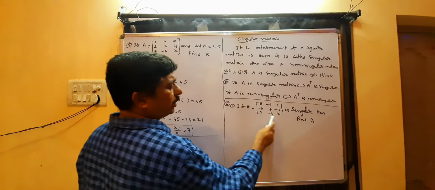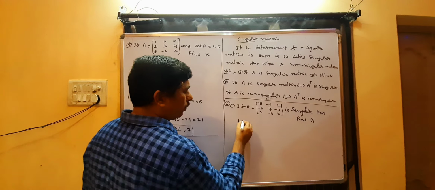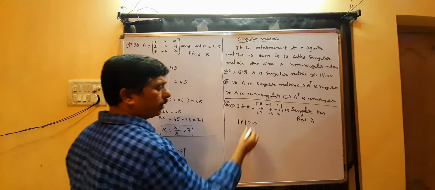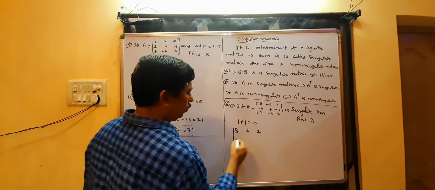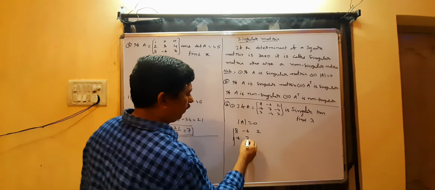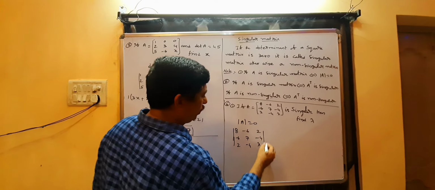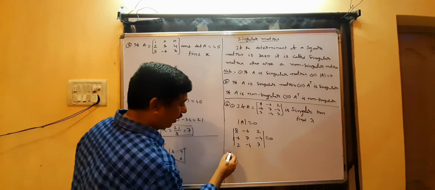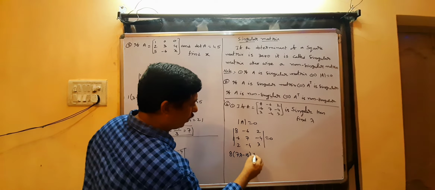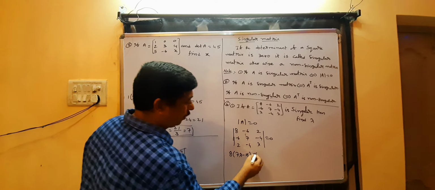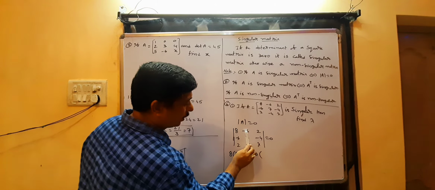if A is a singular matrix is given, singular means obviously det A equal to 0. Det A means the det of the matrix 8, minus 6, 2, minus 6, 7, minus 4, 2, minus 4, lambda equal to 0. Determinant you have to find: 8 into 7 lambda minus 16, minus or minus, middle element opposite you can take it plus 6 into minus 6 into lambda, close the row, close the column,